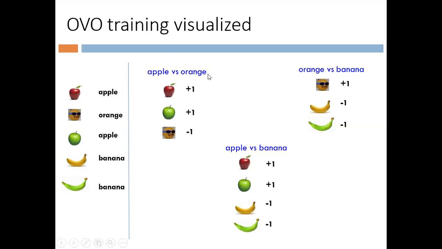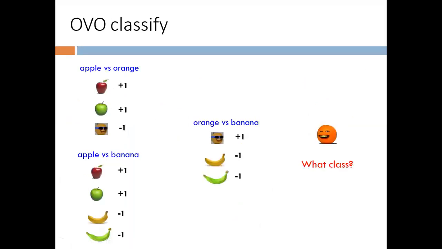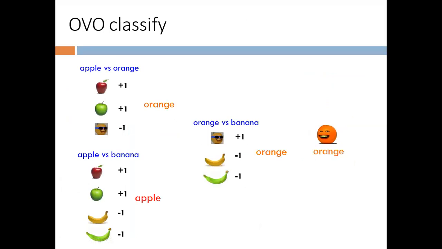So for the class pair apple versus orange, we have built this classifier. This classifier is built for the class labels apple versus banana, and this classifier is built for the class pair orange versus banana. So let's introduce a test instance, and now we will give this test instance as an input to each of our binary classifiers, and predict the output of each binary classifier.